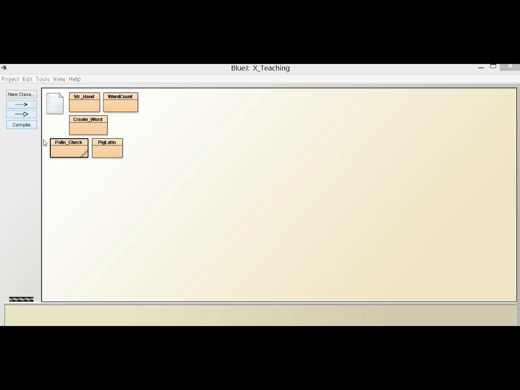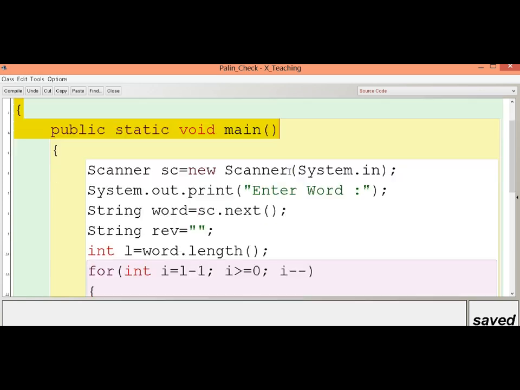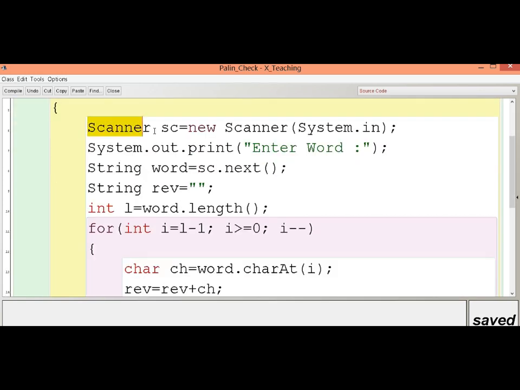Now let's see the program here. I have named it palincheck. To save time, I have created the class. So let's open it. In this palincheck class, you will see the first line as usual, import java.util.*, for importing the Scanner class, then the class and main function are declared, and then this line declares the object of the Scanner class.